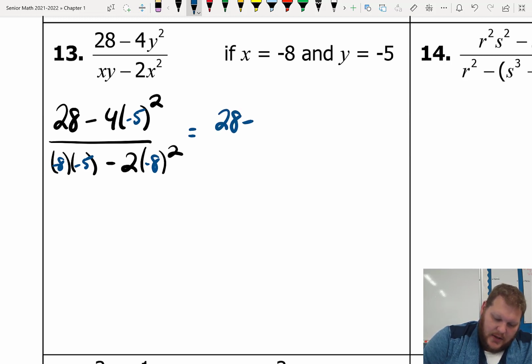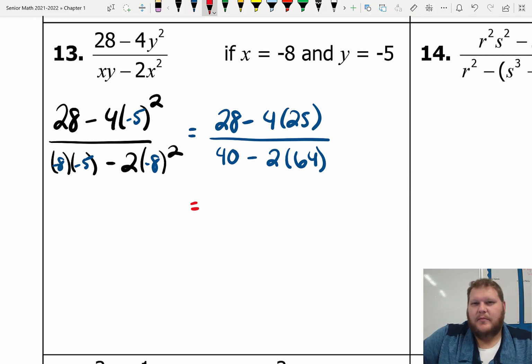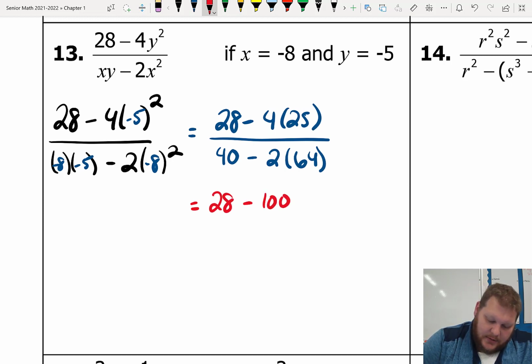So 28 minus 4 times 25 over, we can combine that together, 40 minus 2 times 64. So I've got to multiply the second term of both my numerator and my denominator. So 28 minus 100 over 40 minus 128,